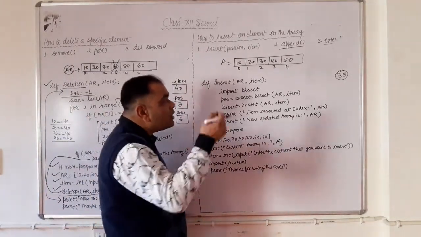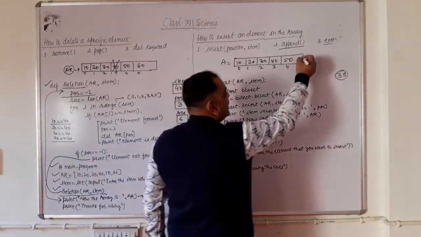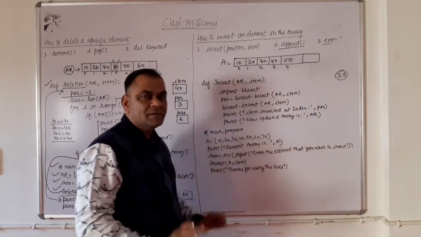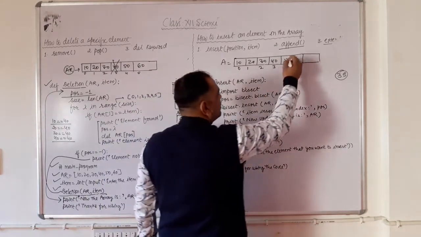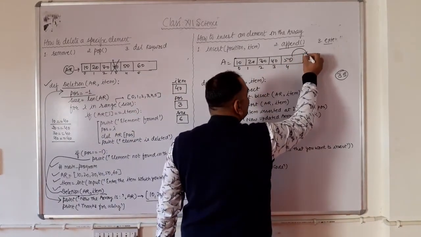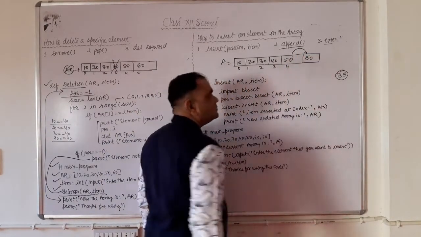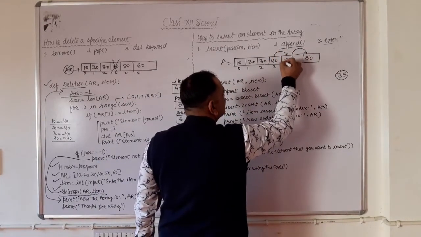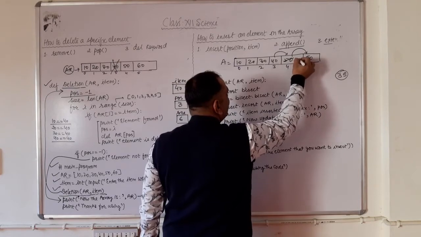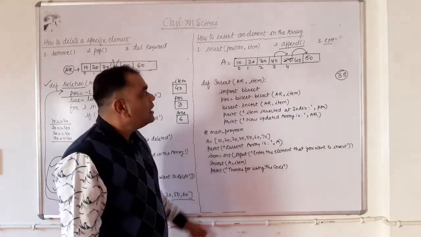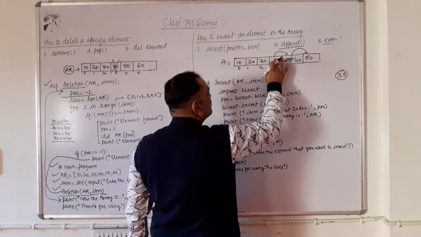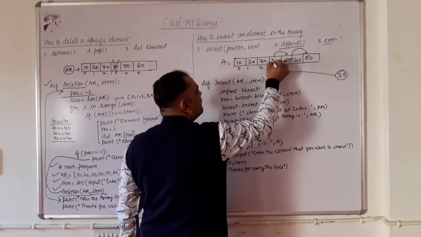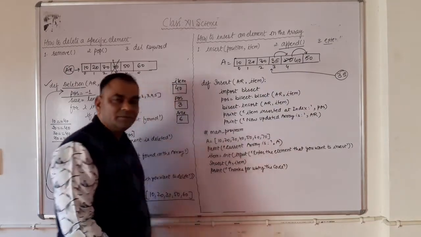So here, what can we do? Just see, we increase the size of the array by 1. Size increased. Now the last element of the array is shifted to the back. So 50 is here. Done. The second last element of the array is shifted here. So instead of 50, 40 is there. Right? Now this 40 is vacant here. Now you just insert your element 35 in this specific position.